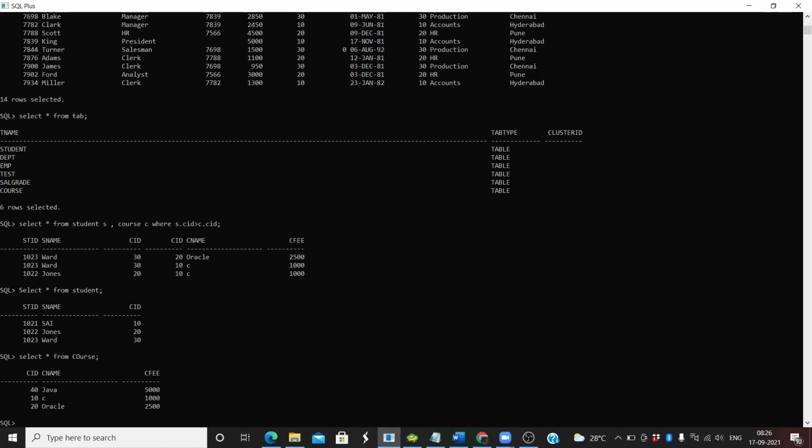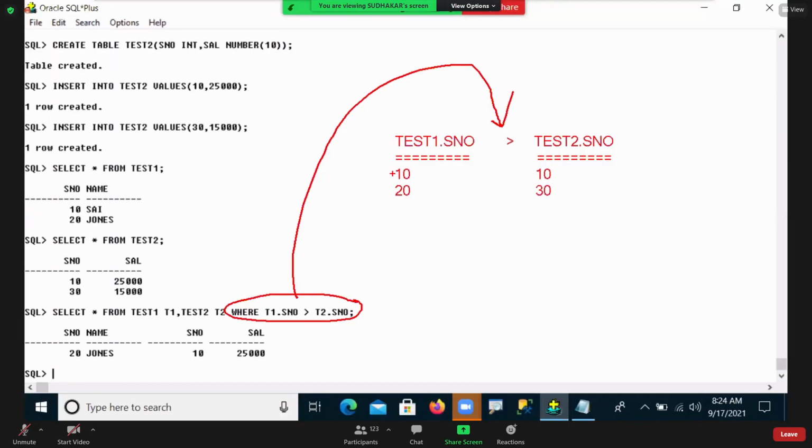Okay, how is this condition executed, guys? Here, the condition is compared with the same rule: a row in the first table is compared with all rows of the second table. So the join rule is followed as it is. 10 is there, so compare 10 greater than 10. Which symbol am I using? The greater than symbol. Is the condition true or false? The condition is false.